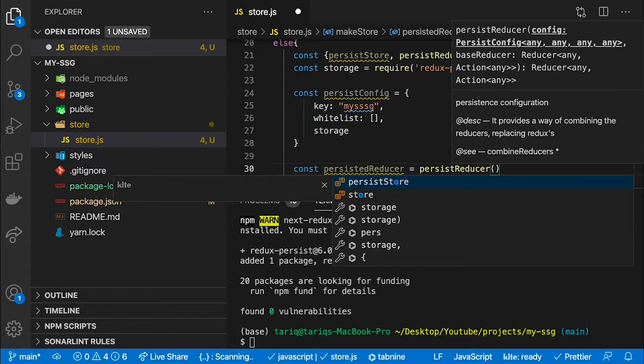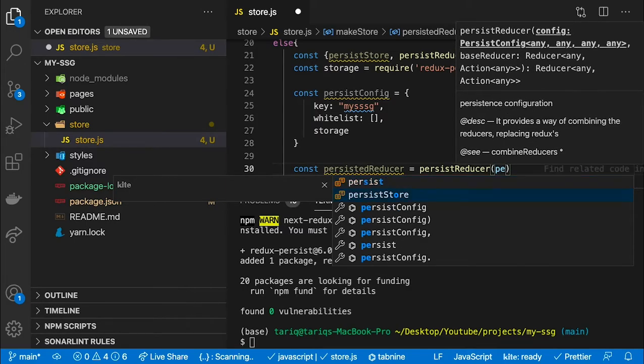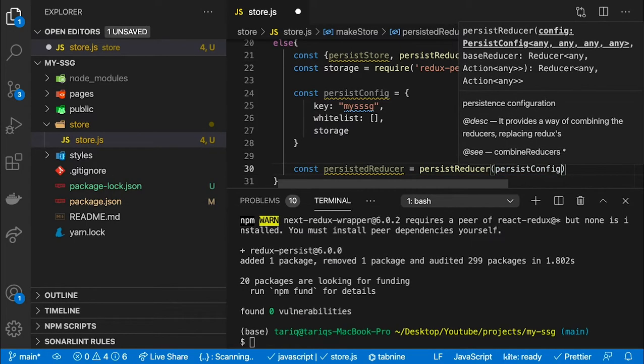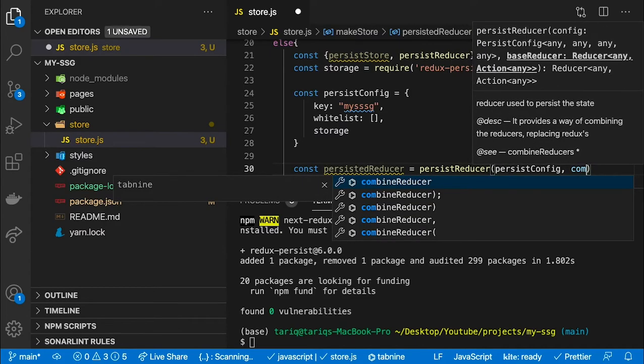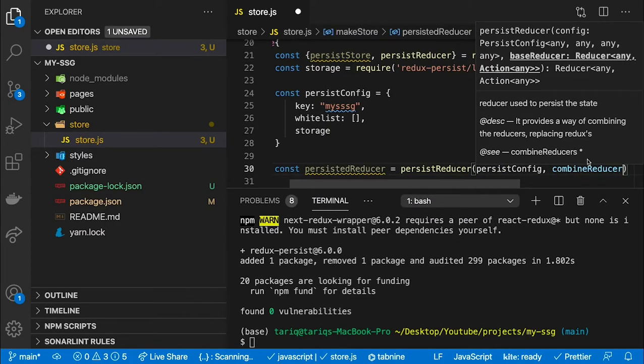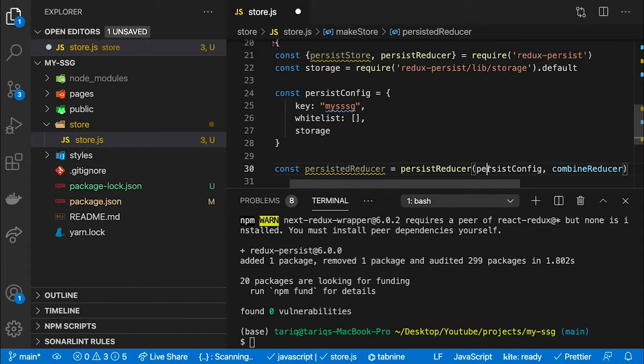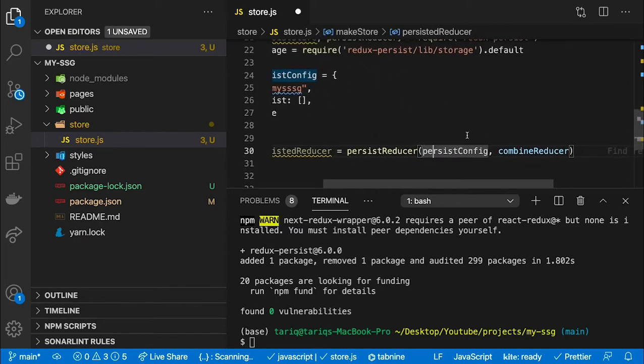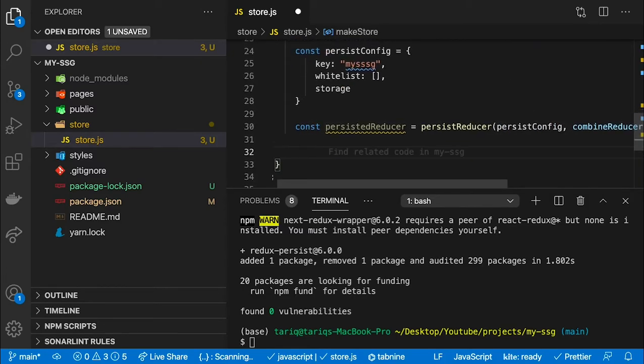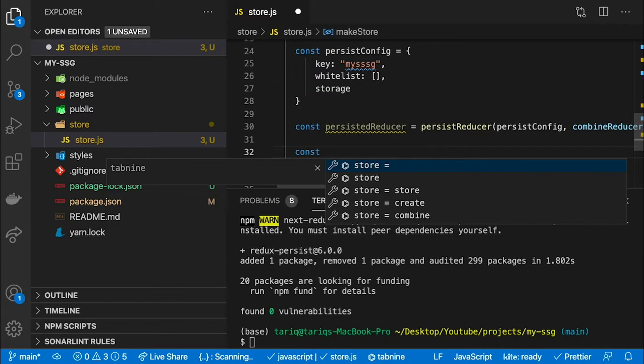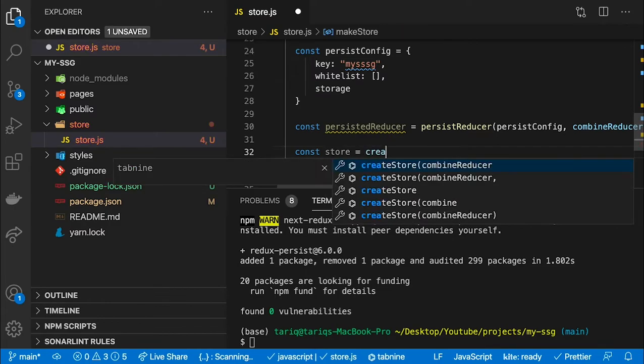Then I'm gonna do persist config. I'm gonna pass persist config here, and then I'm gonna do combine reducers. So all the reducers will go here, and the config of the reducer, where it's gonna store in the local storage. And after it's done, I'm gonna create my store. So I'm gonna create my redux store. I'm gonna do create store,